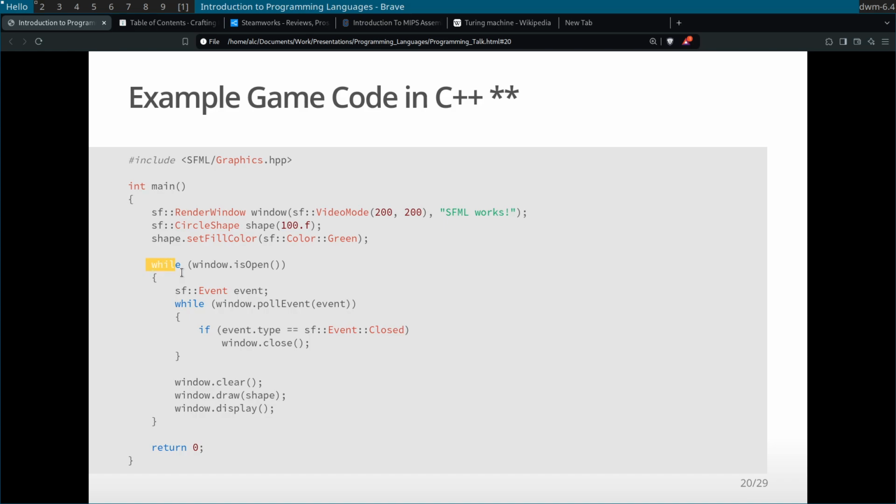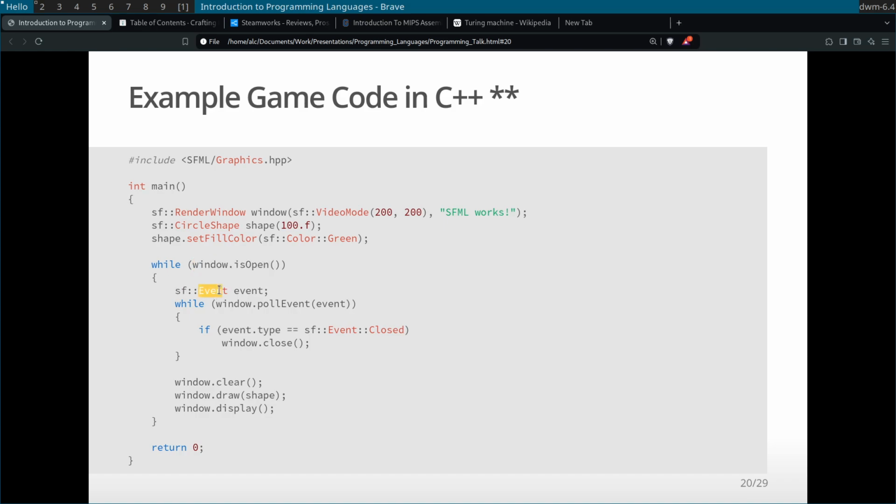And then this is running code as long as the window's open. I don't have it on here because I don't have title bars the way they normally are in Windows or Mac, but you normally have the little X that you could click on to close a window, or the little red circle in Mac. That's what this is saying: as long as I didn't click on that button, then do all of this code.